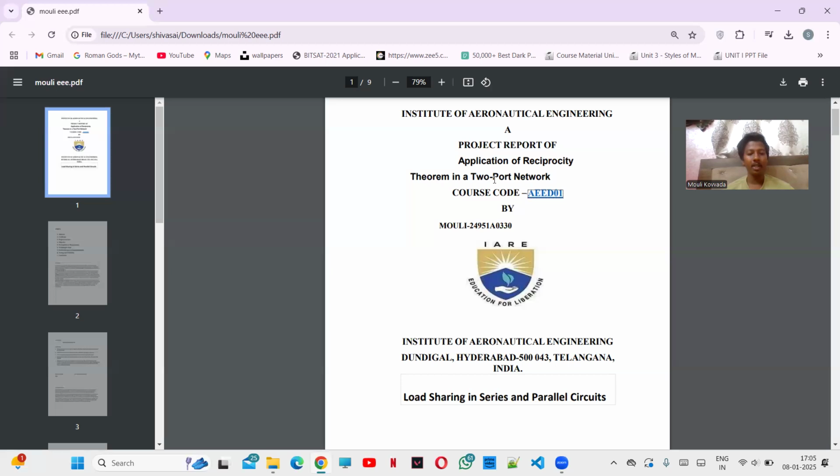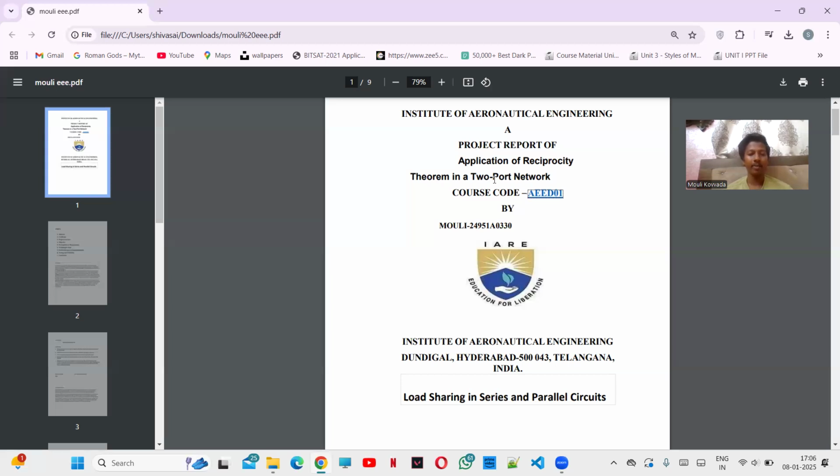Comparison of series and parallel circuits in load sharing. In a series circuit, load sharing occurs in the form of voltage division, where each component experiences a different voltage drop depending on its resistance, and the current remains the same throughout the circuit. A component with higher resistance shares a larger portion of the total voltage and dissipates more power. However, since the current is the same for all components, the failure of one component can disrupt the entire circuit,